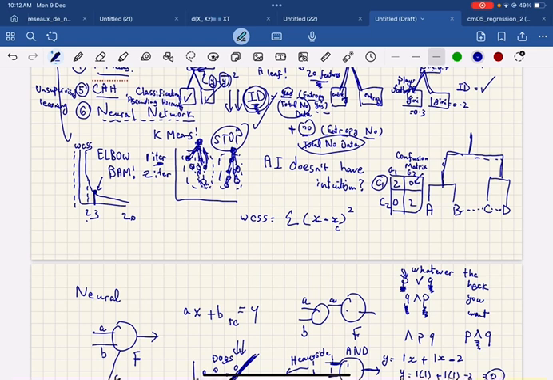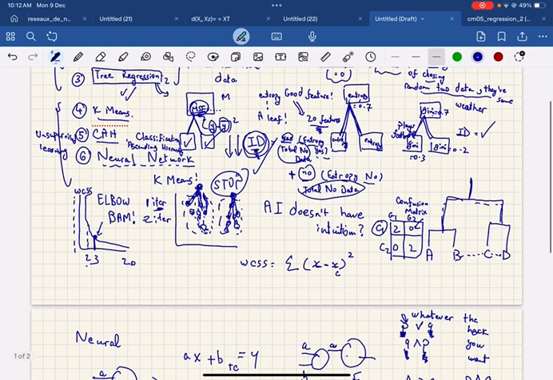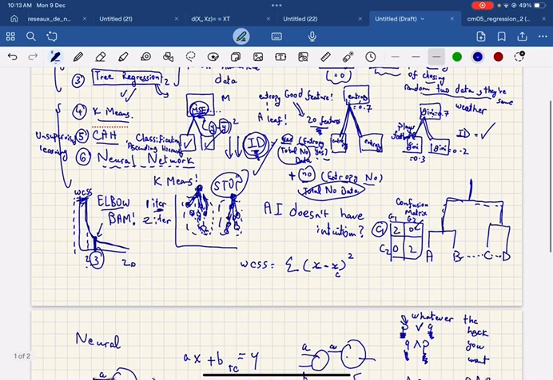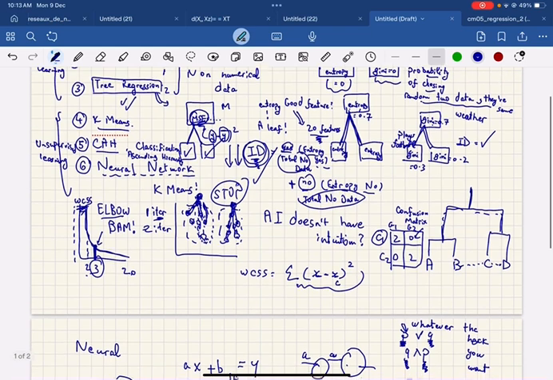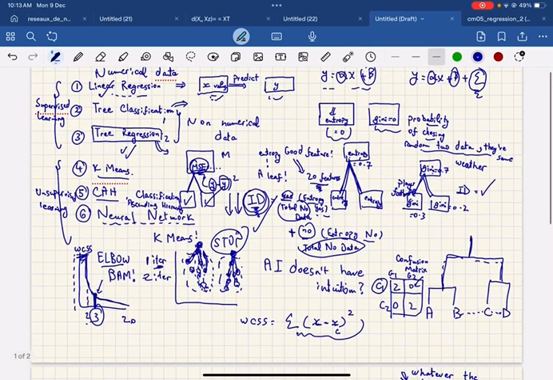What about the error detection for these techniques? Elbow, which is how to get the optimum k using the sum of squares within clusters, which is like this. And you have CAH, which is the art of looping